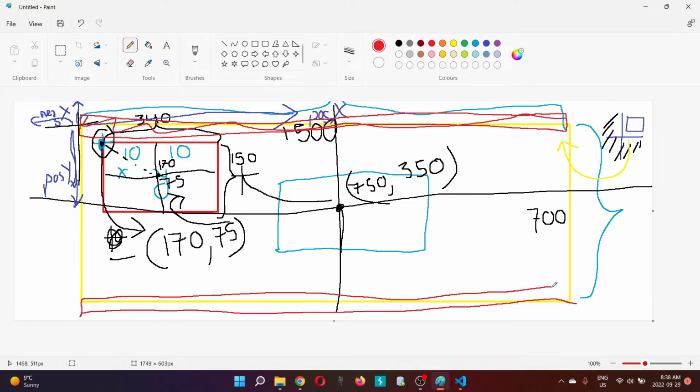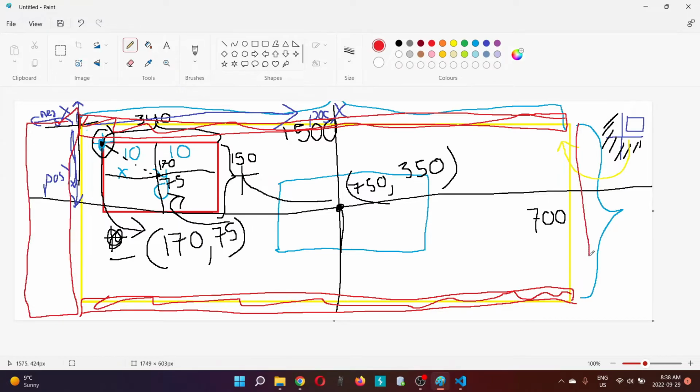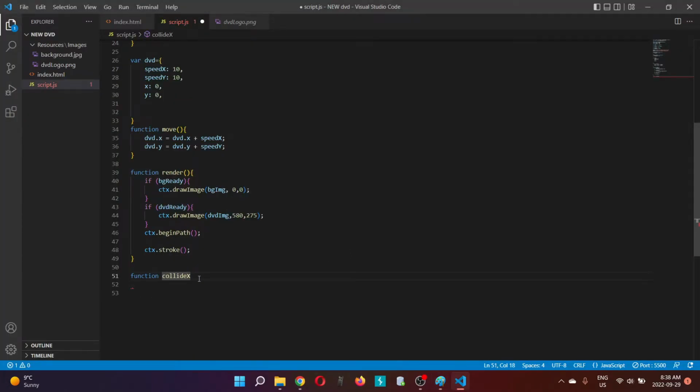Sorry if this is getting a little too clustered, but I'm gonna first render the collision on these two sides, and then I'm gonna render a collision on these two sides. I'm gonna do 2 at once. Okay, so on collide x, let's say our dvd.x, right guys,